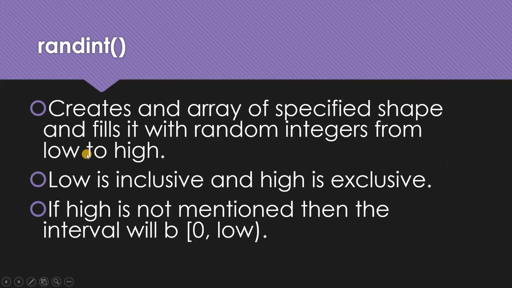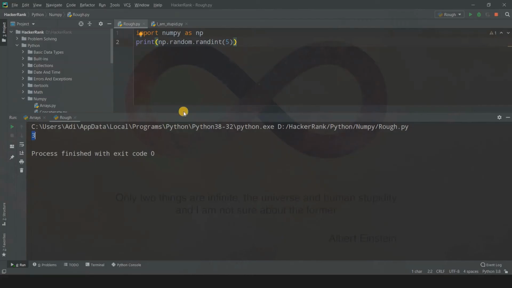So what is the new point? Actually I wrote it over here. Low is inclusive, high is exclusive. I told you all before. Now over here, if high is not mentioned, that is if high is None, the default value of high is None, if you remember the help thing that we did. If it is not mentioned, then the interval will be from 0 to low, where low will be excluded and 0 will be included. So basically, instead of the interval being low to high, as high is None, it will be from 0 to low. Remember, this is an important thing that you need to know.